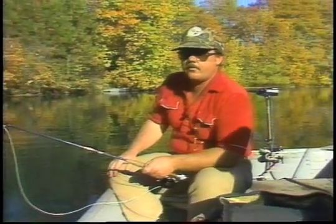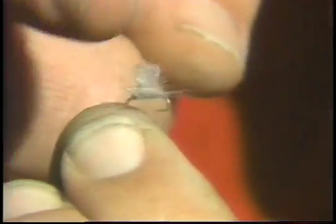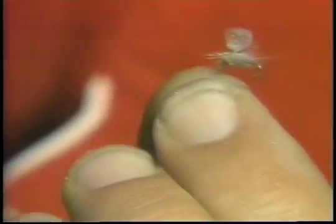Basically, we have the boat anchored above the feeding trout here, and the reason we have this, the clarity of the water on Upper Fall River, is so that when we put the fly down to the fish, we want them to see the fly first. And so we cast the fly out, we straighten our line, and we drift the fly. The little fly we're going to use here is a little mayfly imitation. It's a little loop-wing parachute fly. That means it has a little bit of a loop on top to imitate the natural silhouette of the mayfly,